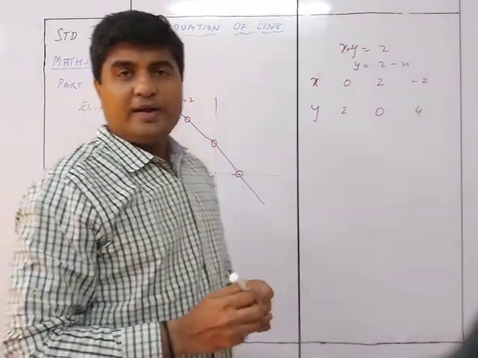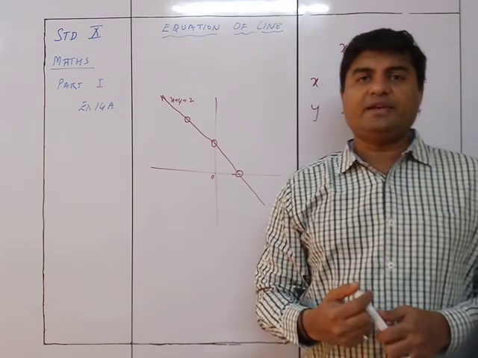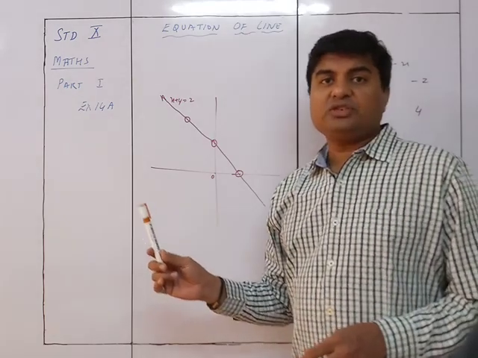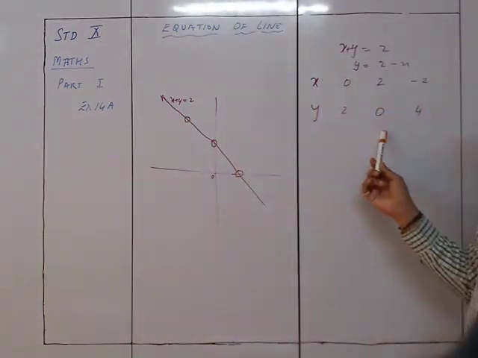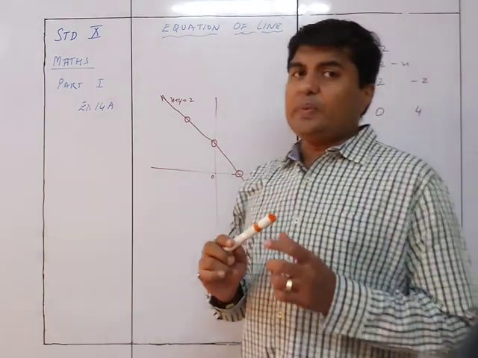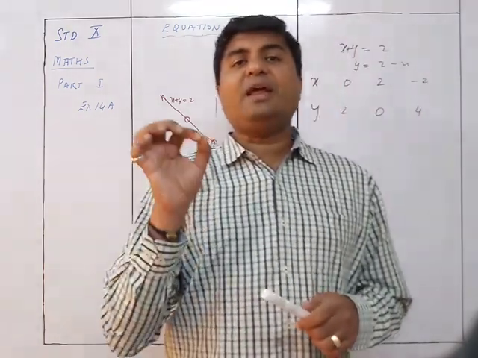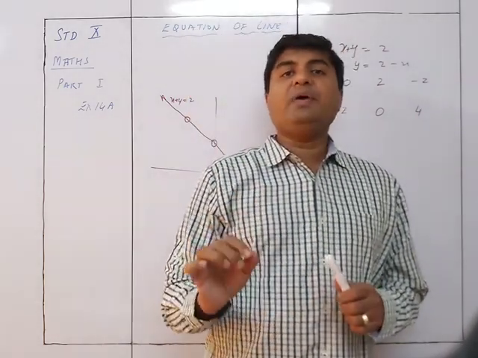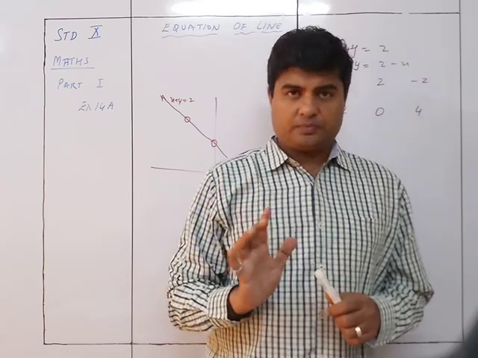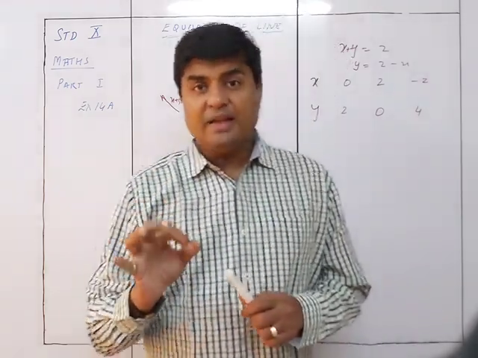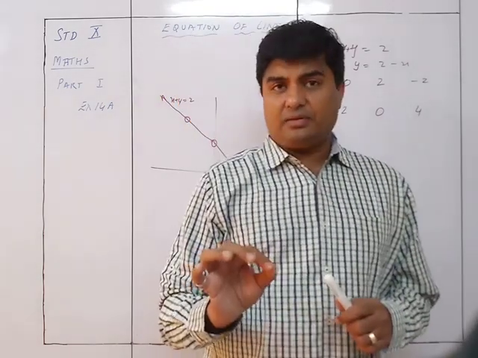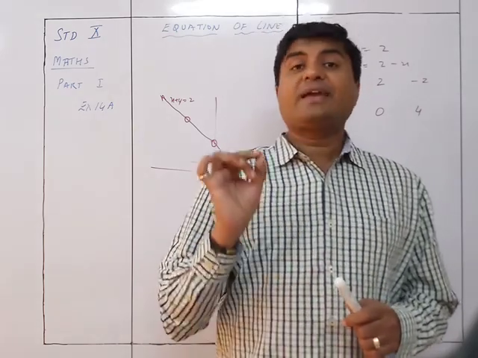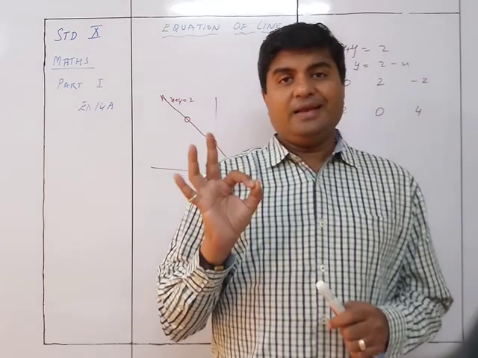Do you remember that? You did this as coordinate geometry in the ninth standard, that you draw a line based on an equation given to you by taking some values. So accordingly, what we see is that each and every line on the graph can be represented by an equation. The main purpose is that each and every line drawn on a graph paper can be represented by an equation.